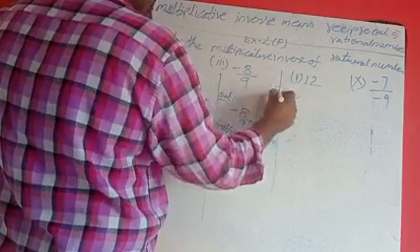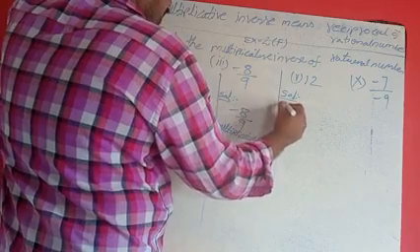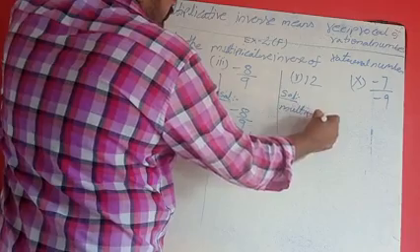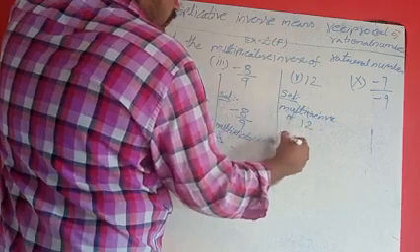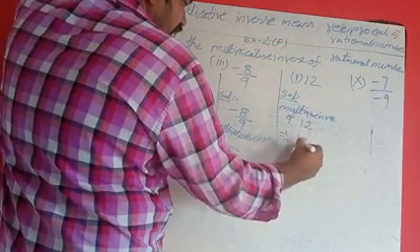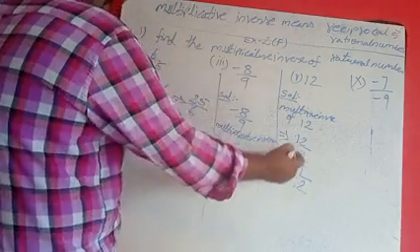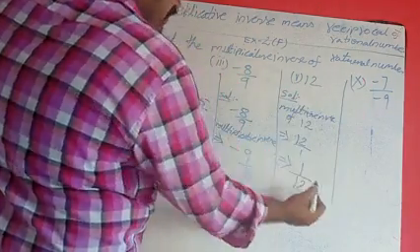Solution. The given sum is 12. From this 12, what do I have to write? Multiplicative inverse of 12. So 12 means 12 by 1. It will become 1 by 12. So the multiplicative inverse of 12 is 1 by 12. The last one is